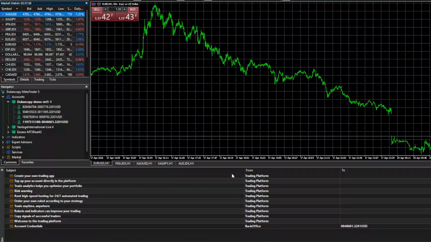In today's video, I'm going to teach you how to check if your server is right in MetaTrader5. Making sure you're connected to the correct trading server is essential, because if the server is wrong, your account might not log in properly, you could see incorrect data, or you may not be able to place trades at all. So, in this walkthrough, I'll guide you through the simple process, step by step, and explain what to look out